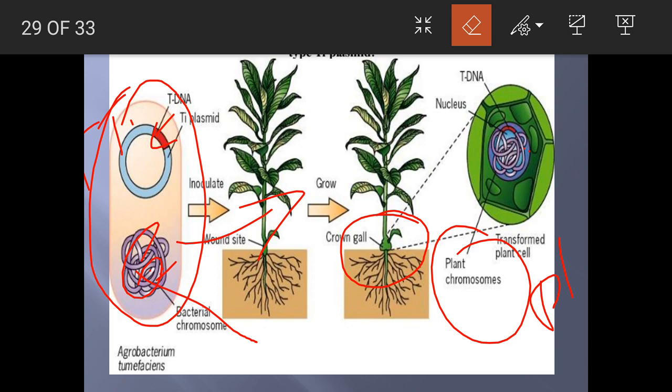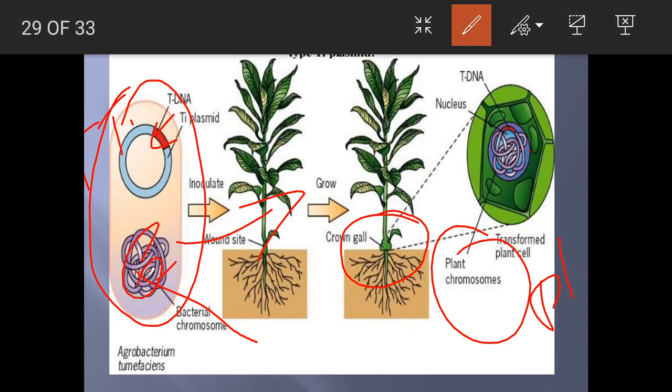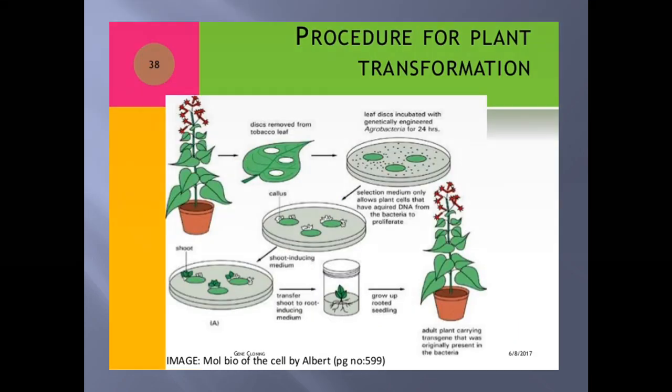the tDNA region has ligated itself into the main chromosome of the host plant, and now the plant is said to be the transformant. So this is the basic principle used in transforming the gene of interest. That is why this is also called the biologically mediated transfer of genes. So actually, how is this transferring of genes done?